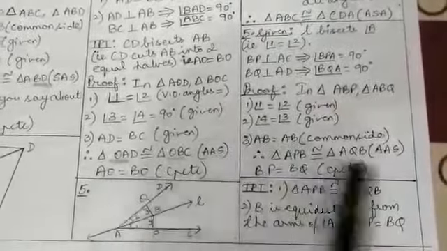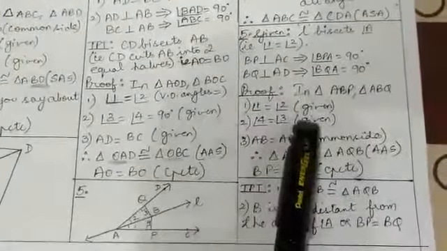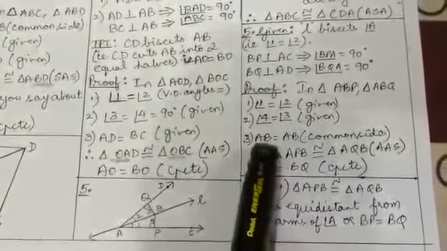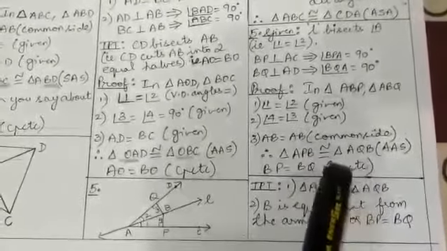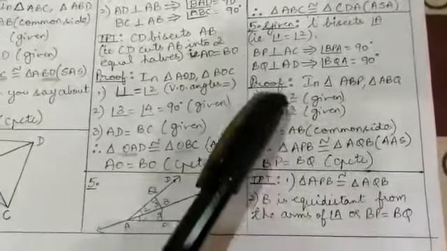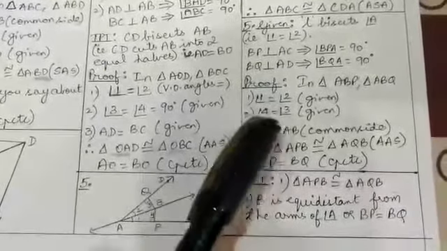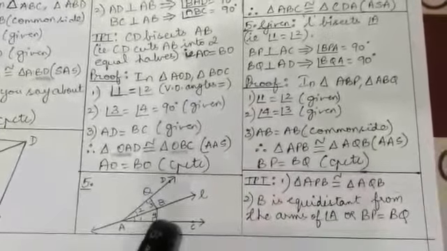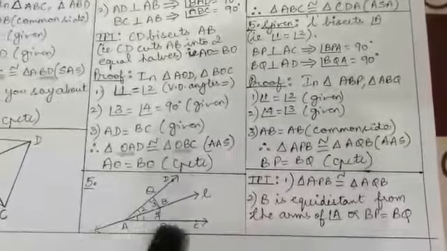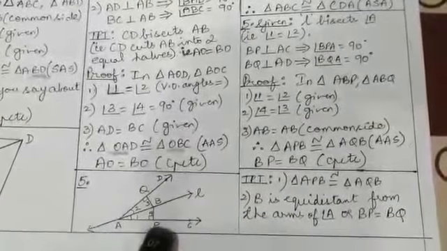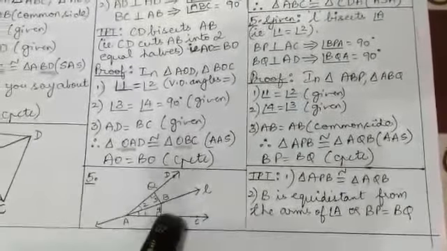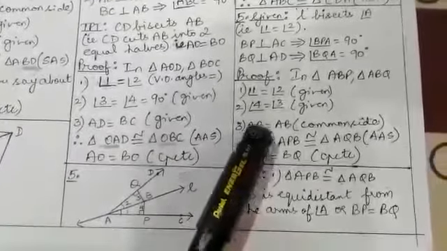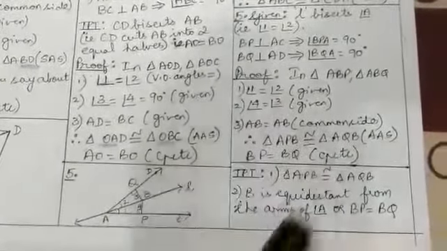Alright. So what have we listed? We have listed two pairs of equal angles and one pair of equal sides. Now is AB the included side? Let's check that. Which are the angles? 1 and 4. Of the first triangle, we have mentioned angle 1 and angle 4. Angle 1 and angle 4 clearly contain the side AP. Meaning AP is a side included by angles 1 and 4. But we have AB here. So AB is not the side included by the angles 1 and 4.